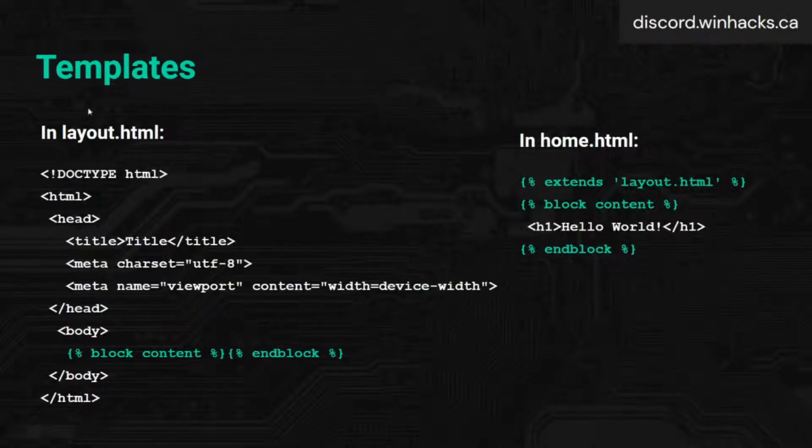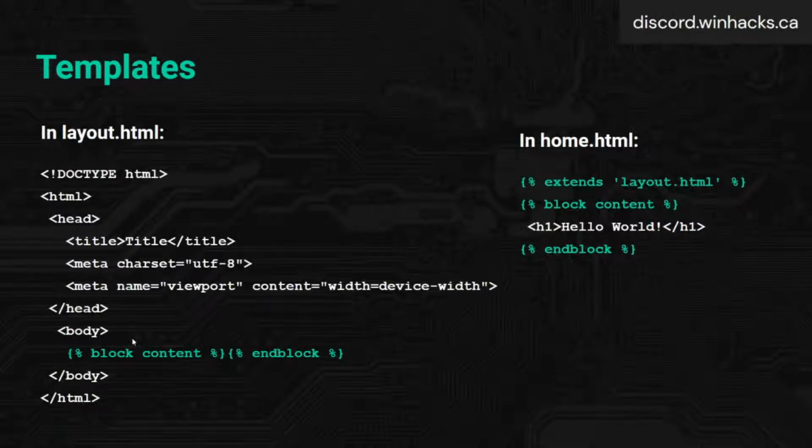It'll have all of this stuff that you're not going to be writing over and over again, like your title, your metadata. And then in here, you'll see what I highlighted is this block content. And so what that is, it's defining a block where, in some other HTML file, you can throw stuff in between there,